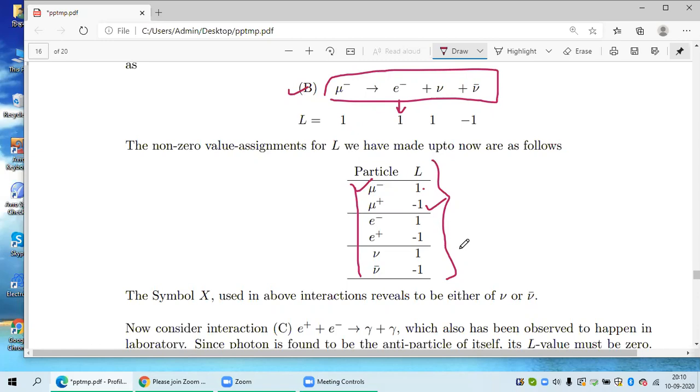So not only assigning quantum numbers is our scheme, but assigning quantum numbers in a convenient way. Suppose you assign, today, a set of quantum numbers: L equal to 1 for something, L equal to 5 for something, L equal to 25 for something, L equal to 10 for something. You can assign in that way, in such a way that lepton numbers are conserved. But that may contain some redundancy in it. You don't want any redundancy. Do you understand what we mean by redundancy?